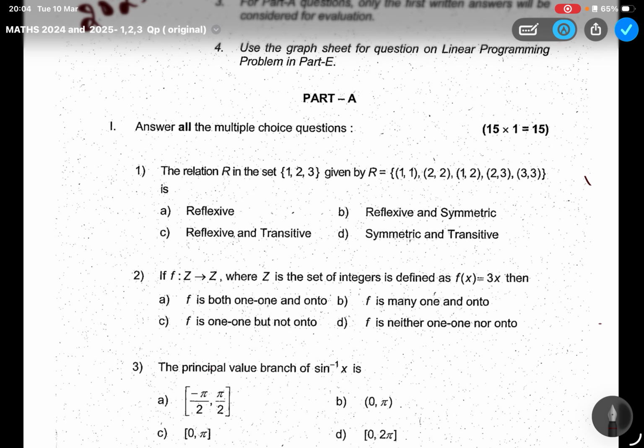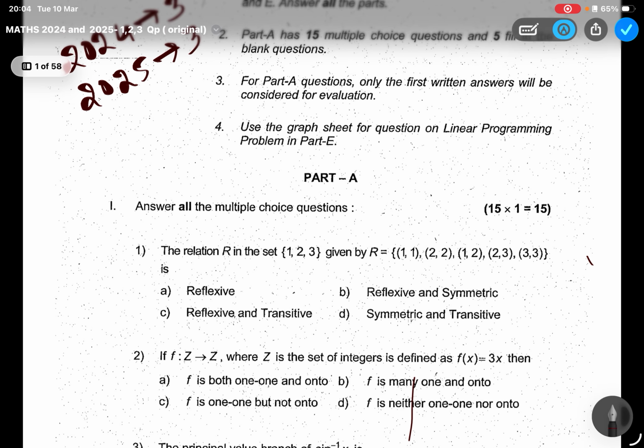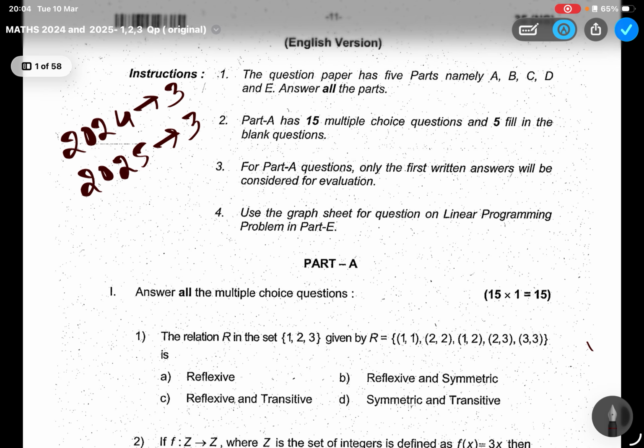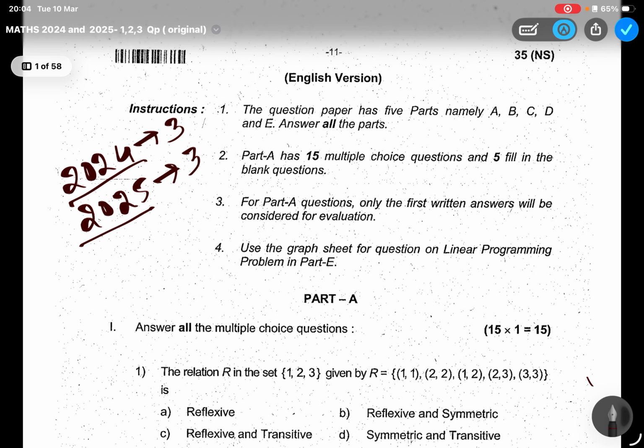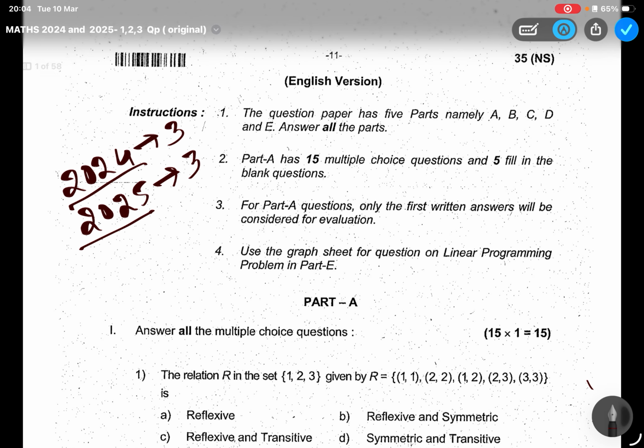Hi there students. So today I'm going to discuss all the MCQ questions of the 2024 as well as 2025, Set 3 question paper and Set 3 question paper. Only MCQ. Before I start the class, I want to wish you all the best for your examination